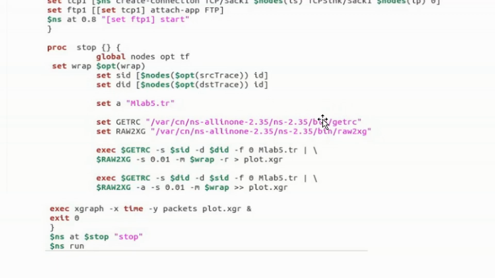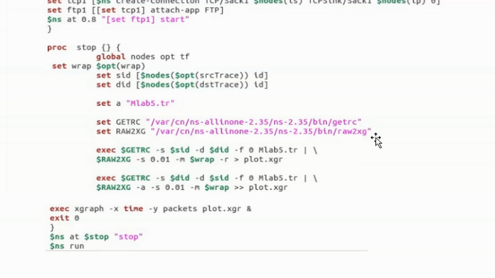You will find that getrc file. You just copy that file. It will not copy the content, it will actually copy the path of it. Just paste this here. If the program is not working, just check these two paths, whether they are compatible in your system.